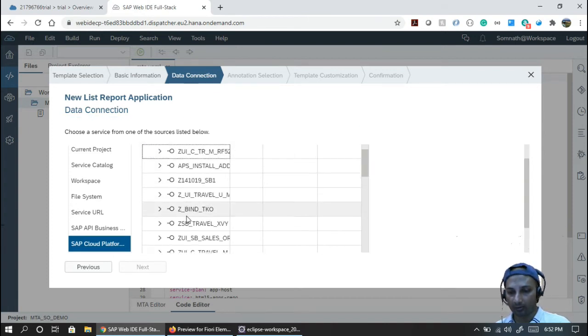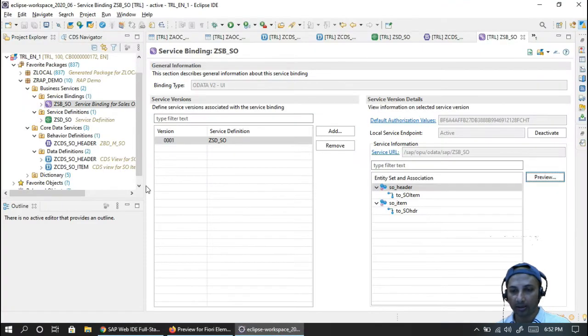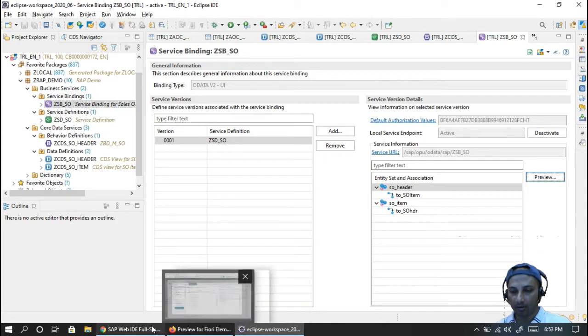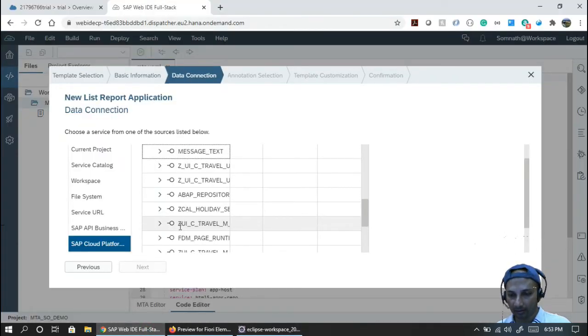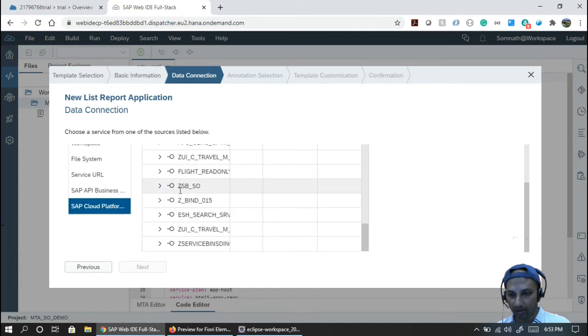Okay, so here we have to search the service. What service did we create? We created the service binding called HZSP underscore SO. So we have to search for it from this list. I'm not sure where it should be. Yeah, ZSB SO, right?